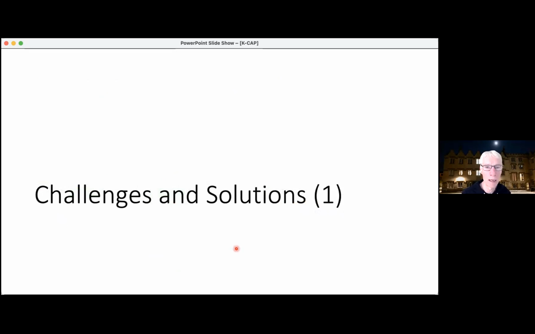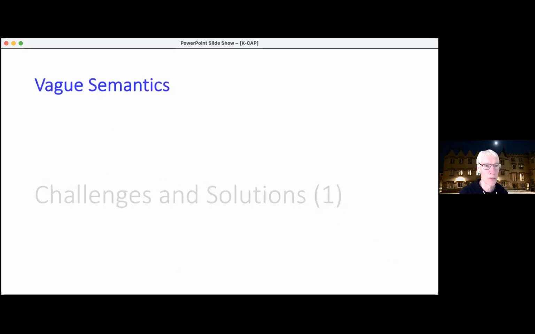Okay, so hopefully I managed to convince you that graphs are at least not a completely stupid idea as a way of representing knowledge, and so far everything looks good. But of course, as usual in computer science, it's not totally straightforward, and as well as the good things, some challenges come along. But that's okay, because we're computer scientists and it keeps us in a job fixing all of these things. So one of the main problems with graphs, which is kind of ironic given that the early graphs were called semantic networks, is that